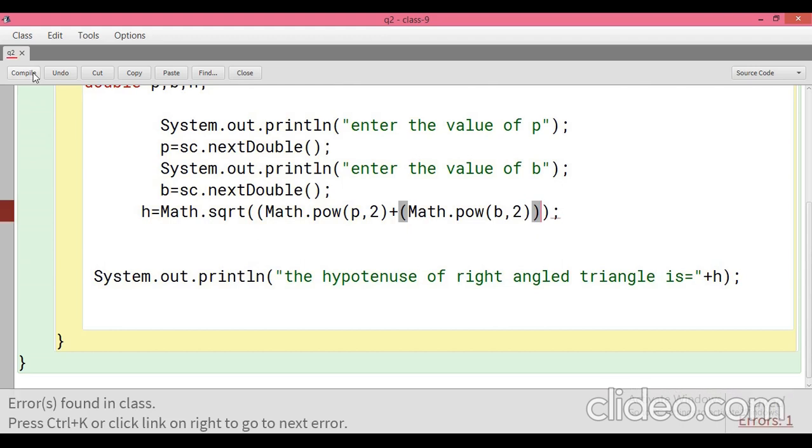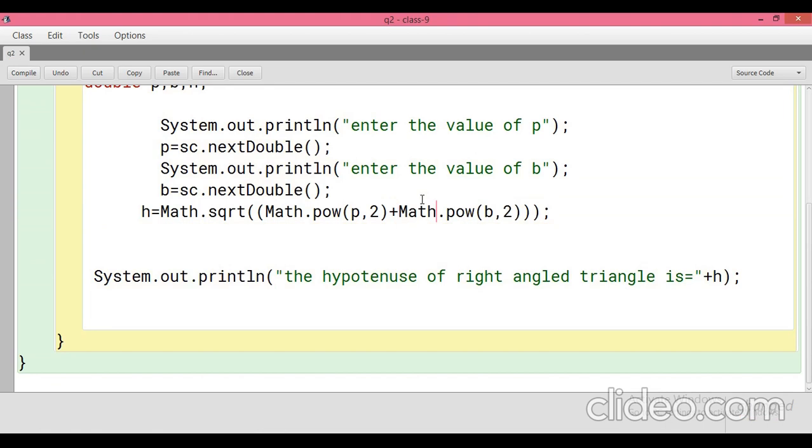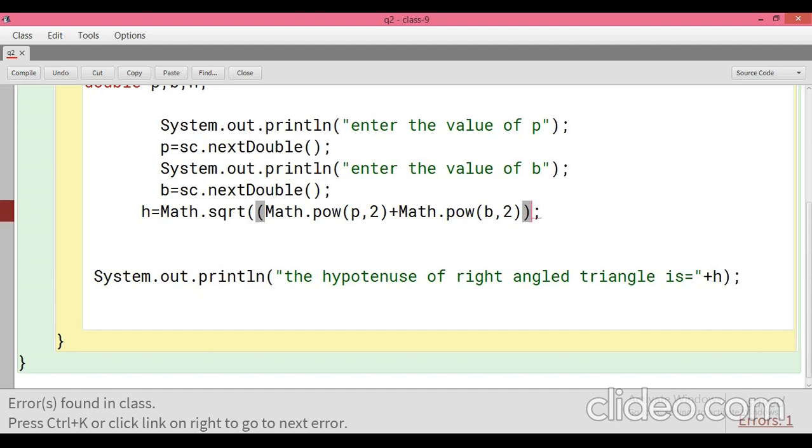Now compile your program. Still any error will be there, we have to find out the error.